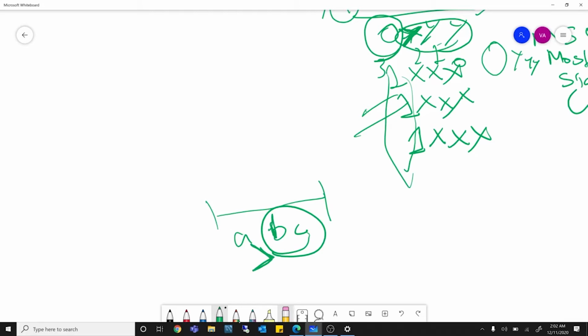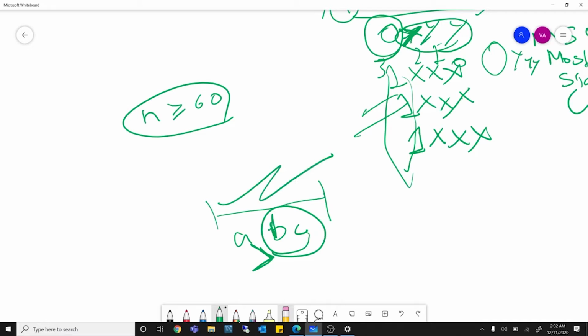Now, I can also say that such a case will always be possible when there are at least 60 elements. So if my n is greater than or equal to 60, this case will always hit. Why? Let's talk about that. So in the constraints, I've been given that there are 10 to the power 5 elements in the array. Alright. So if there are 60 elements and I'm saying that there exists this pattern, then there has to exist a pattern where 3 numbers have the same most significant bit.